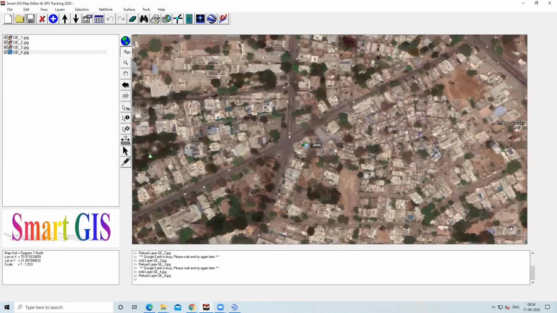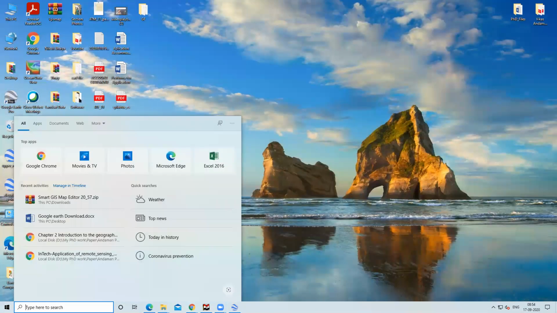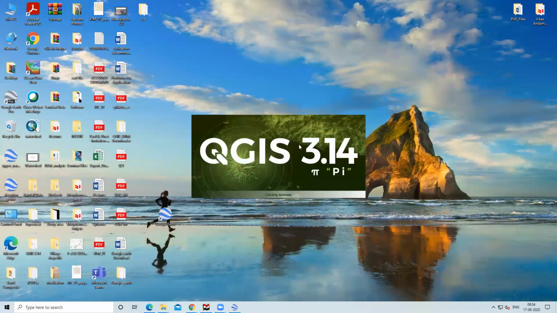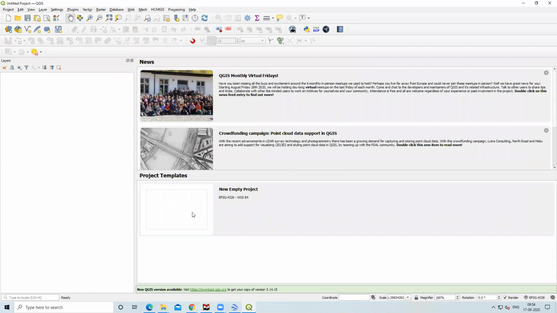I will close this. I will open my QGIS. This image has some drawback, which I will also show you. But overall, the resolution of the image you can increase.